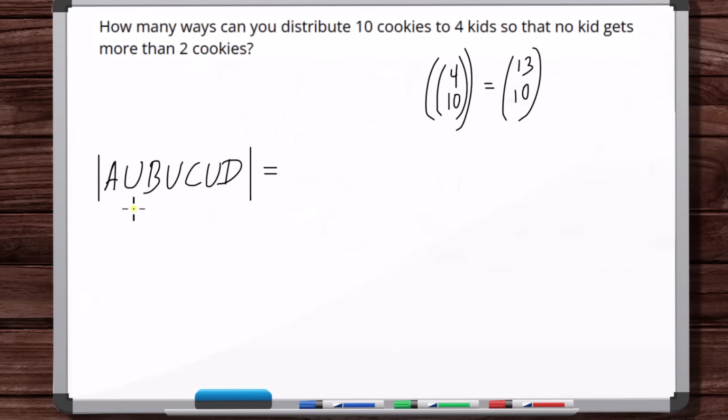So we're removing the duplicates. That's the big key here. That's what the union means. We don't care about the intersections. It's just, look, if A got more than 2 cookies, that's what we want to know. Or B, or C, or D, but then take out the duplicates. That's what this is. Okay, so we know the formula is,